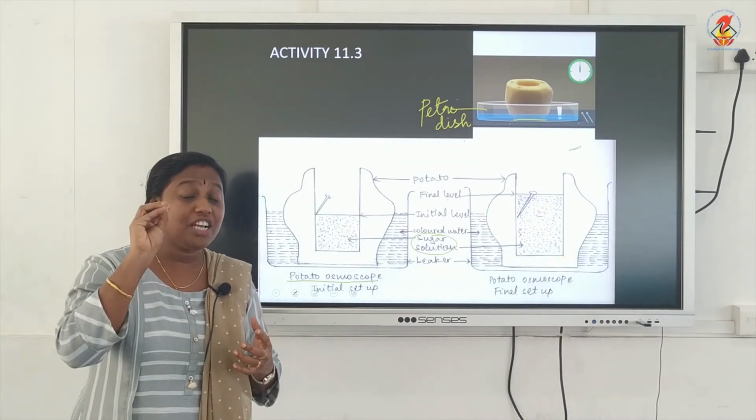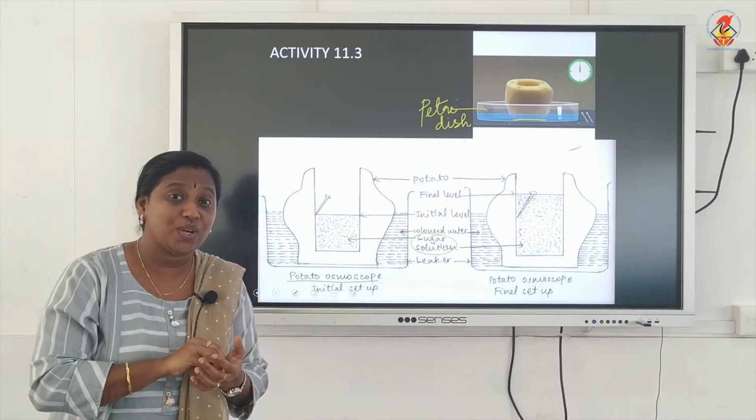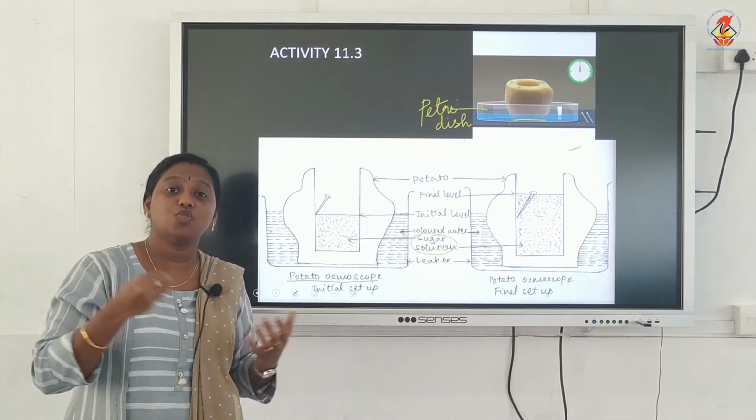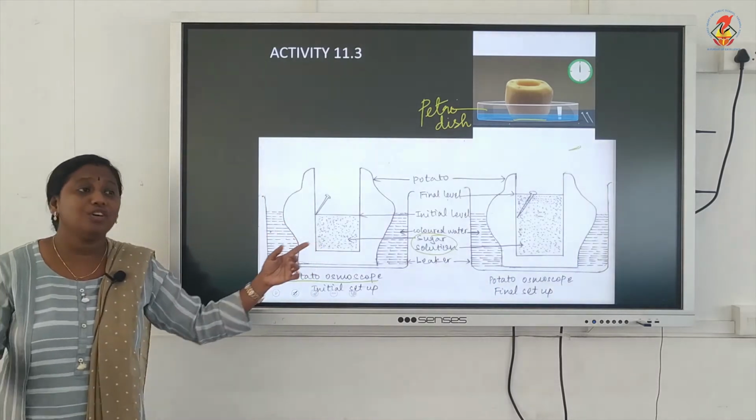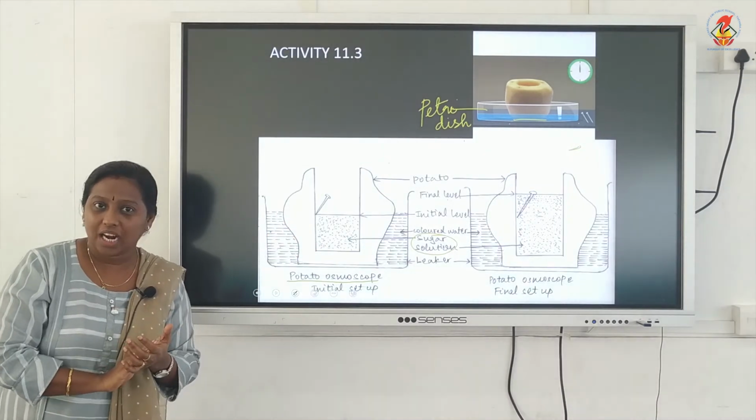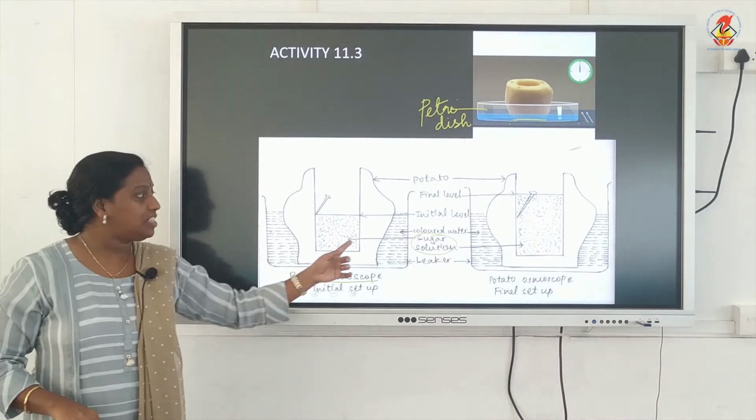The same condition is there inside the root also. Less water. There is less water inside the root hair. Here inside the potato there is less water. Understood? So this cavity